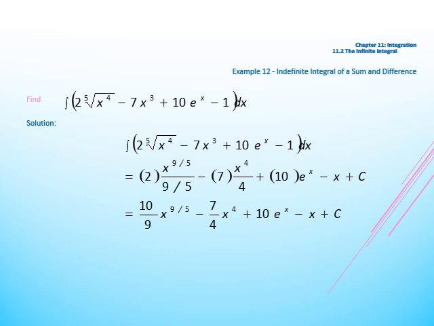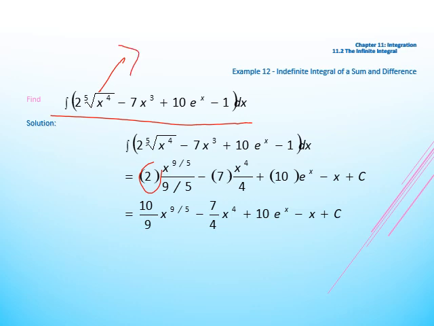Note that we have already seen 3 or 4 examples in the slides before. In this example, we just combine these examples together in one practice or one example by using the sum and the difference signs. So we have here 2, a constant outside the radical sign, so 2 remains as it is, and converting the radical sign to x